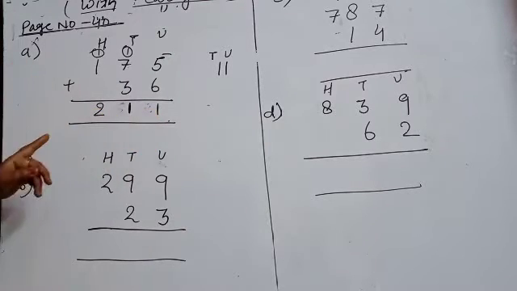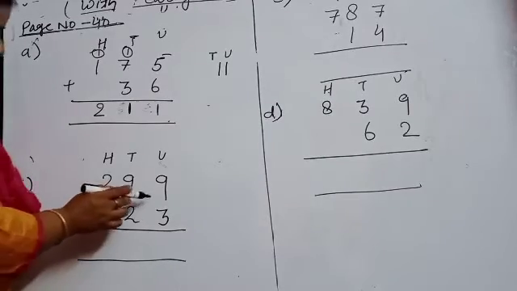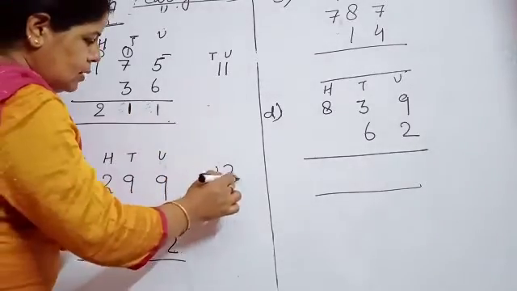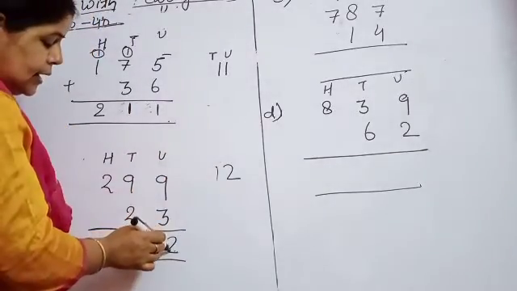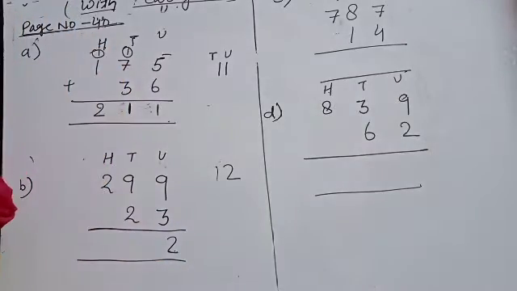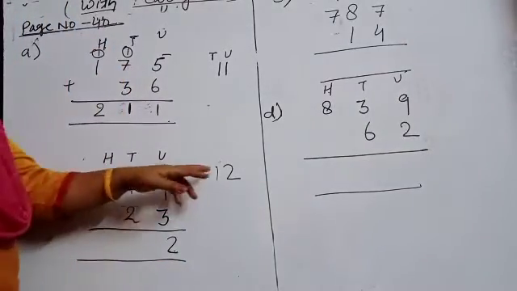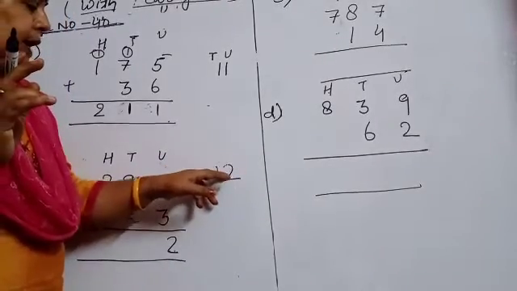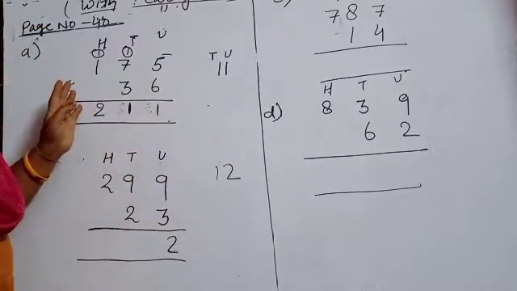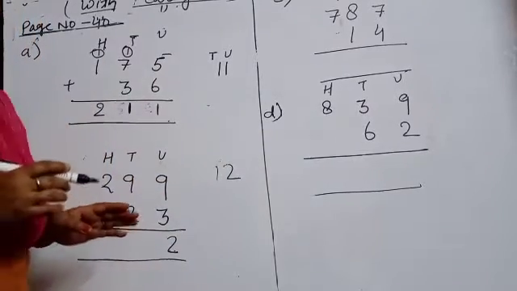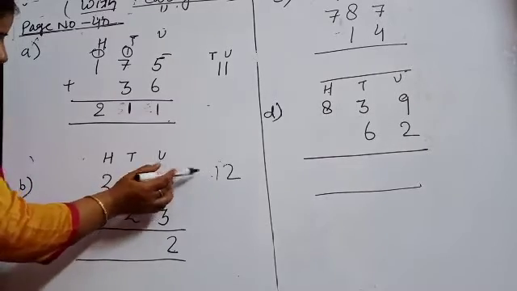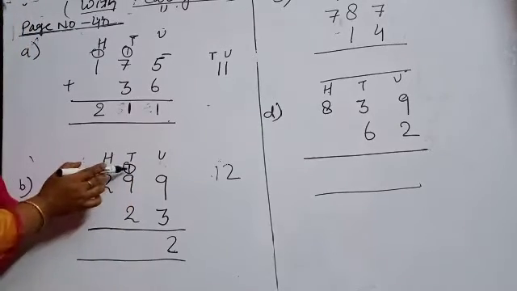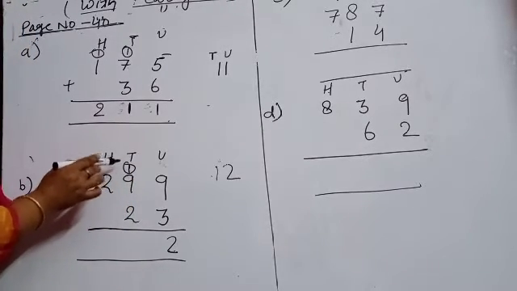See one more problem. 9 plus 3 is 12. How are we writing 12? As it is, but here we can write only 2. We will start the carryover problem. First of all, we will always write the unit-place digit of the 2-digit number, and the tens digit will go to the next column as a carryover. This one we cannot write here, so it will go on the top of here. In this way we will write. We always make a circle for the carryover.